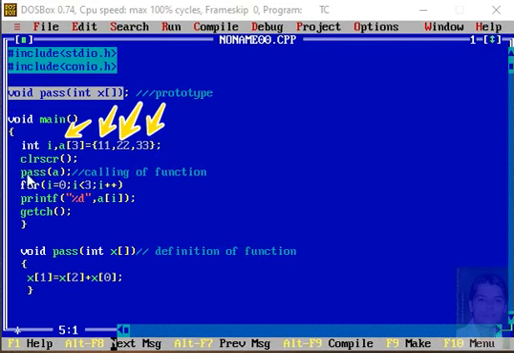We passed the name of the array to the function, that is pass. So what happened over here, this particular line, pass of a, means I am passing the starting address or the base address of the array to the function named pass. So this is how it has been done. Whenever you want to pass only the array to the function, you need not pass each and every element individually, but rather you can just pass the name of the array, which will do the entire task.